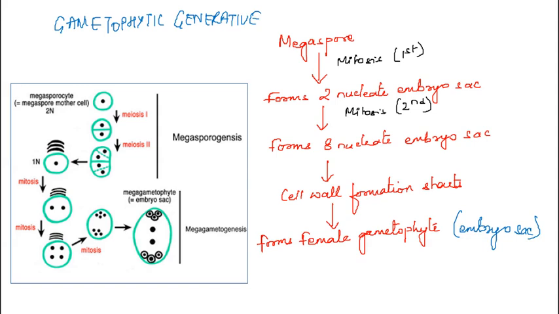So what we see is that the polygonum type shows monosporic development. Monosporic development we will discuss in the next slide. So monosporic development is what? Out of the 4 megaspores which are produced, it forms the female gametophyte. See in the picture towards the left side, out of the 4 megaspores, 3 will degenerate and only one will form the embryo sac.